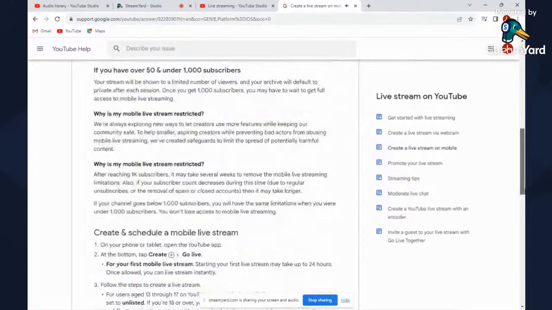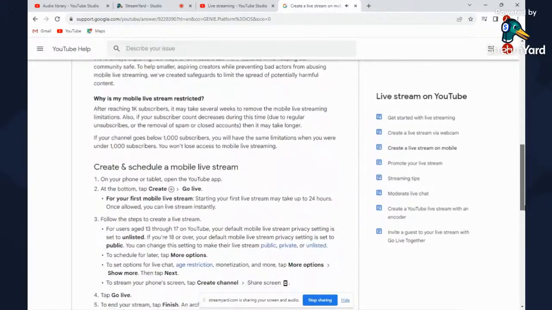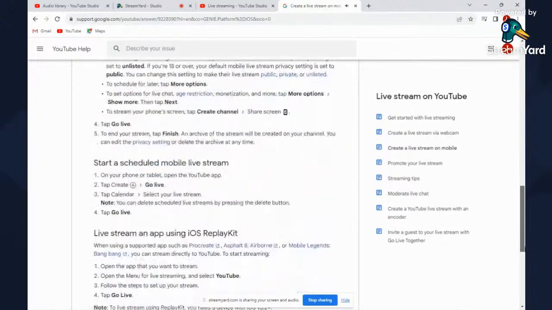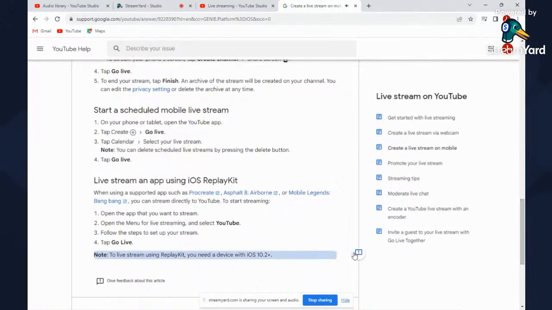Live lets you start a mobile live stream. To do so, you'll need to meet certain eligibility requirements, like having at least 50 subscribers, and complete a one-time verification for your channel if you haven't already. You can do this from the app when you first try to go live,